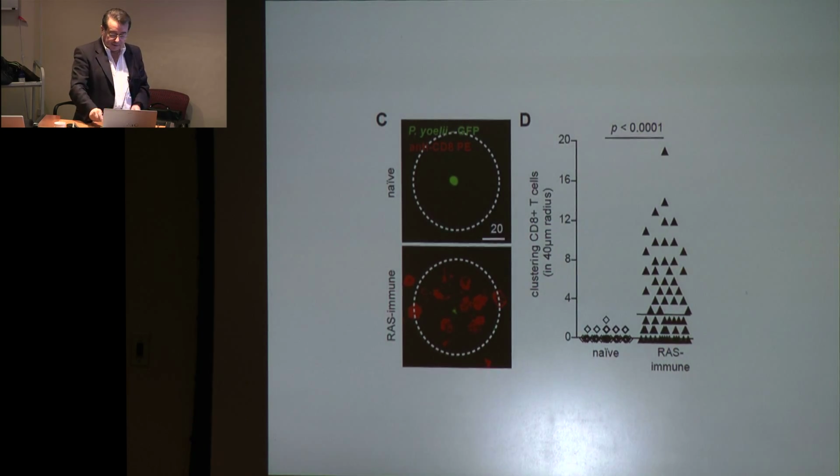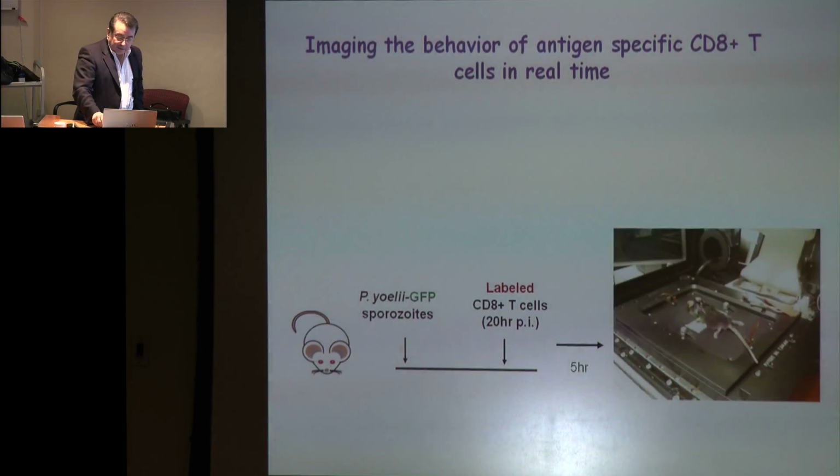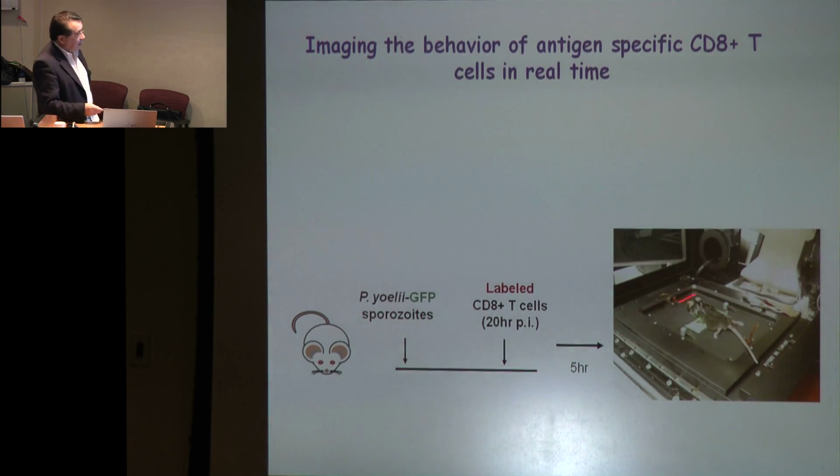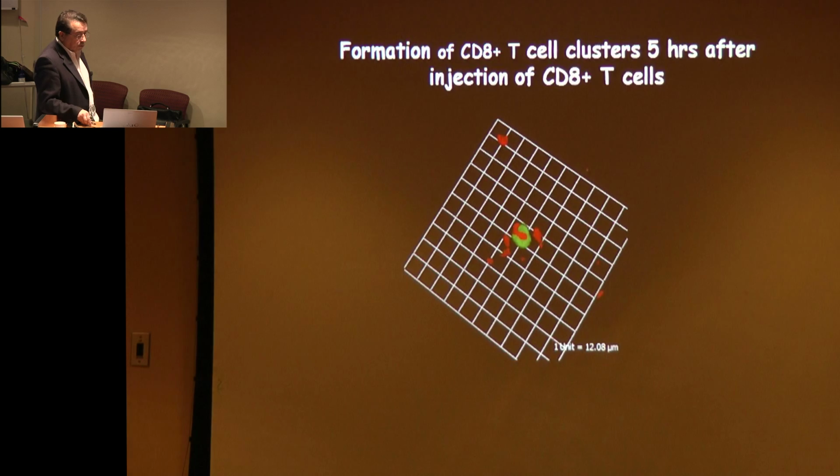and they begin surrounding the infected hepatocyte. Now, to take a better look at what's happening, we also did dynamic imaging, and we essentially use basically the same, except that we modify a little bit the protocol. First, these mice are naive, we inject the mice with a parasite that produces GFP so we can see the green thing, and then we inject after that labeled CD8 cells which we know are specific for the antigen that is expressed by hepatocytes. 5 hours after these mice have received the CD8 cells, which are previously activated, these are memory cells, we inject the memory cells and then we take a look at the mice,